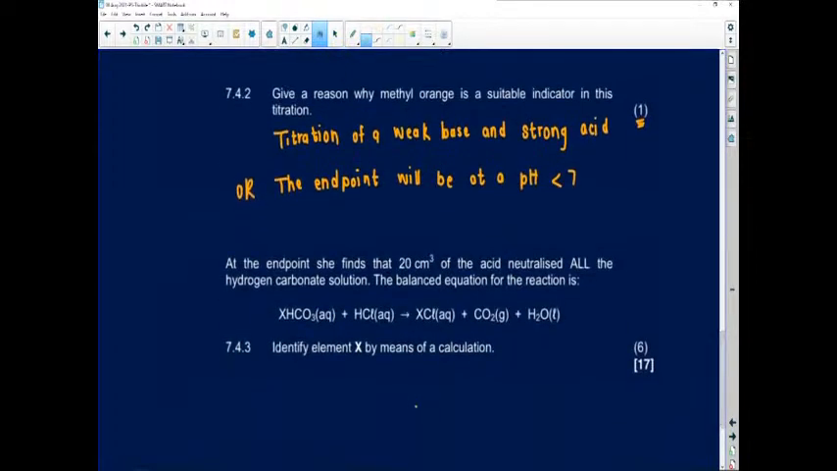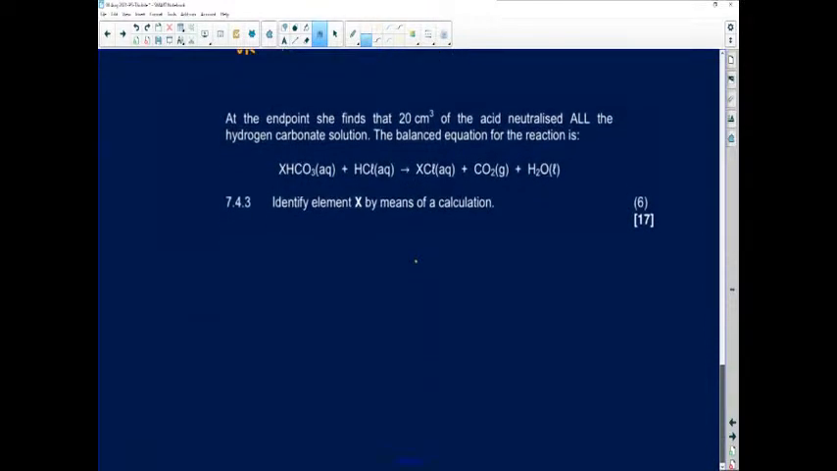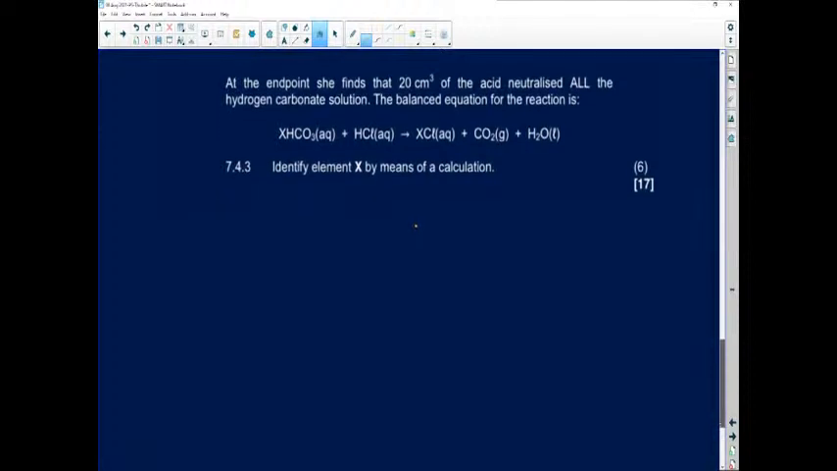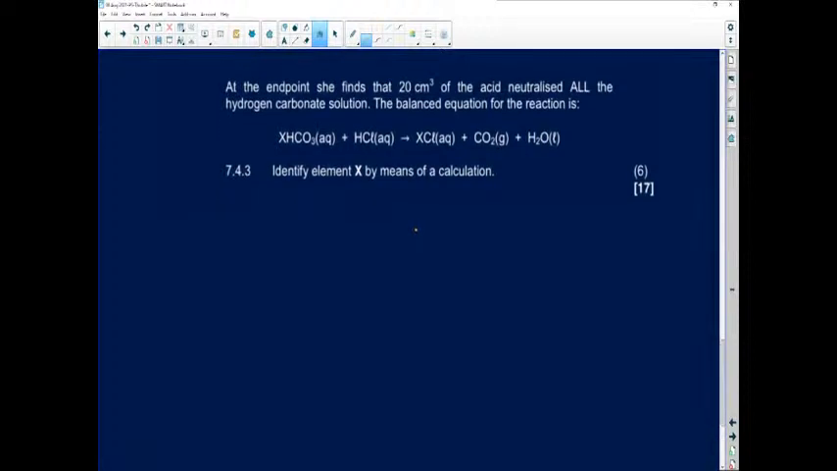So there are a few indicators that we have, and then you need to know why we use what we use. Or let's look at this one. Already I can see this is for 6 marks and so forth, so I know that it's going to get pretty interesting. So the next question says, at the end point, so this means once the reaction is actually complete,